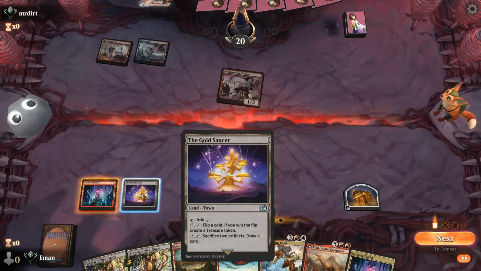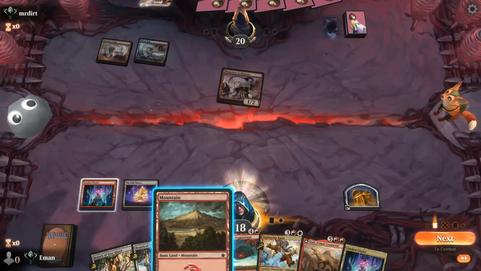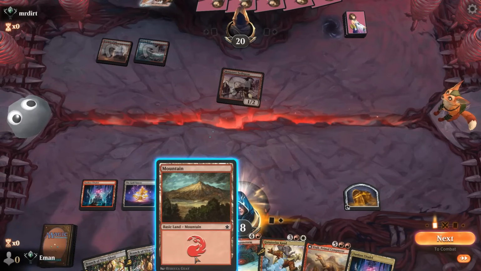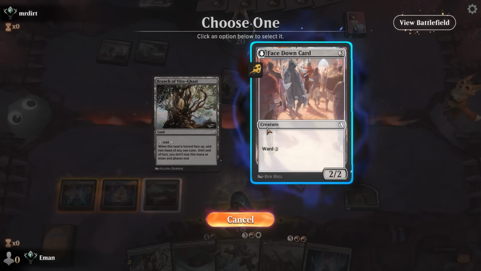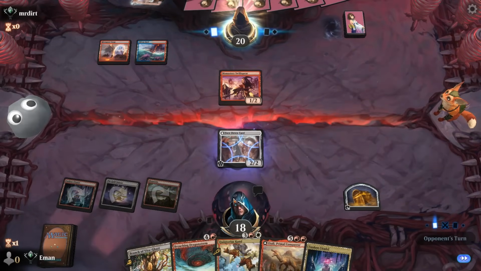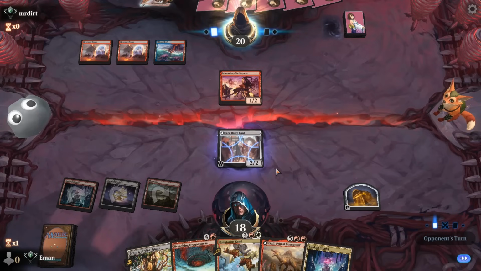So let's see. We could actually play a blocker. Flipping another coin doesn't do much for us. 1, 2, 3. Play this as a blocker. And then we have our 5th land, so we can just go for it. And hopefully that will be good enough. I mean, we can play the Quintorius first if we wanted to, but